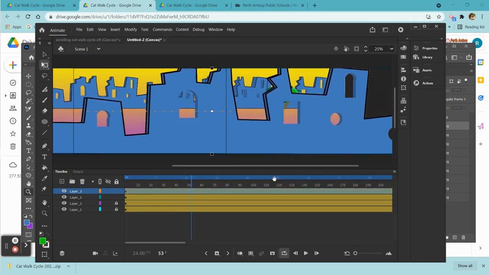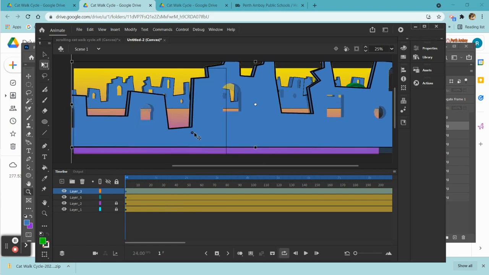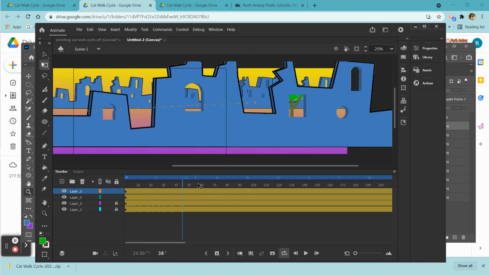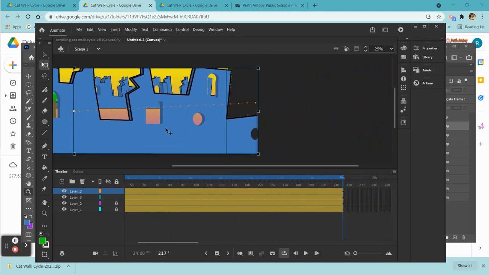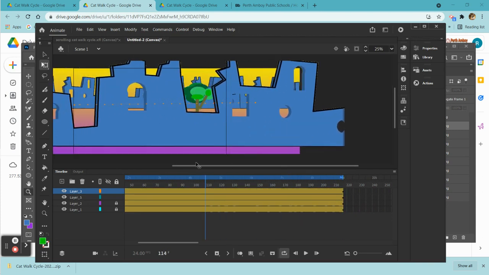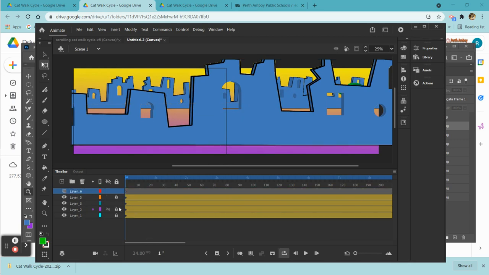Okay, kind of interesting. Just going to go to the very beginning, and I'm going to lift up this shape a little bit. I'll lift it up at the end too. That gives me a nice foreground area. So now I'll lock all the other